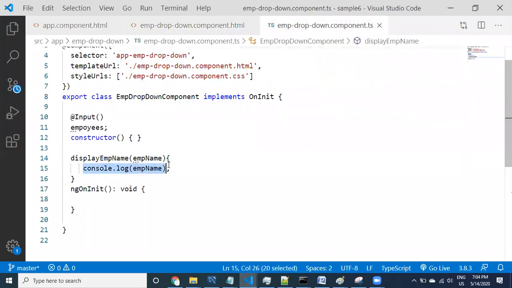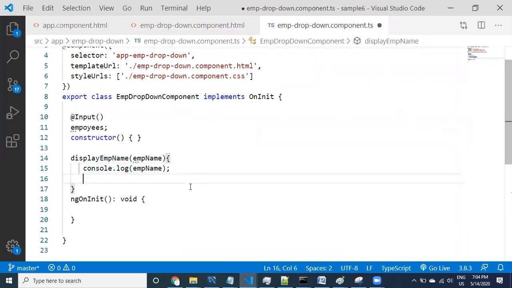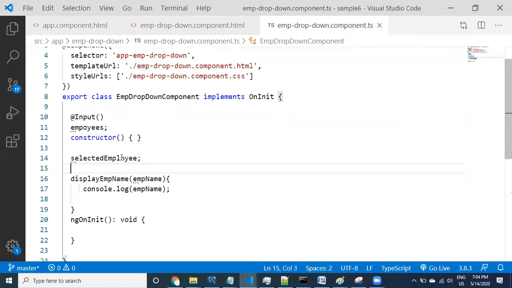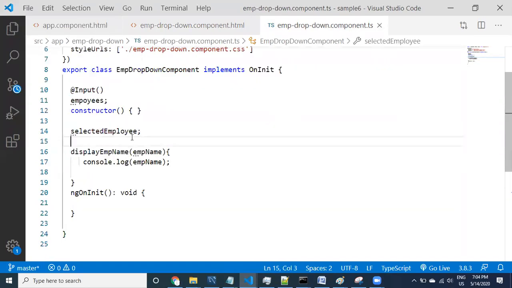We are displaying this information in the console, but I want to display it in the browser, in the component itself. For that, let us take a property, selected employee. By default, nothing is there. No value is available here.